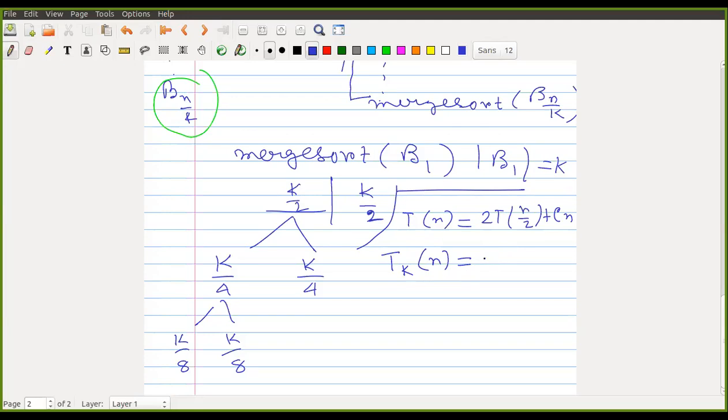It is k T(n/k), since we are running merge sort on n by k size lists and doing it for k of them. And the merge will be order n because we are just going through all of the elements one by one.